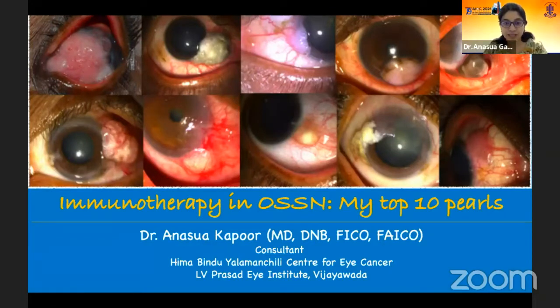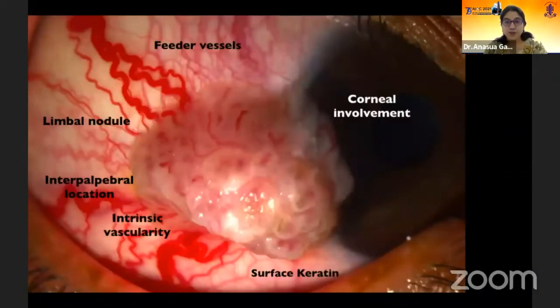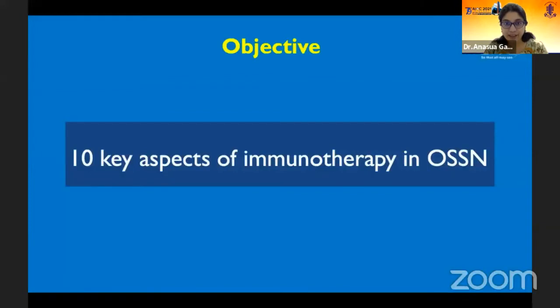My topic is immunotherapy in OSSN. So a typical OSSN looks like this. It is a limbal nodule with an interpalpebral location with intrinsic vascularity, surface keratin, feeder vessels, and a corneal involvement. Having understood that, in the next few minutes, I will be taking you through the 10 key aspects